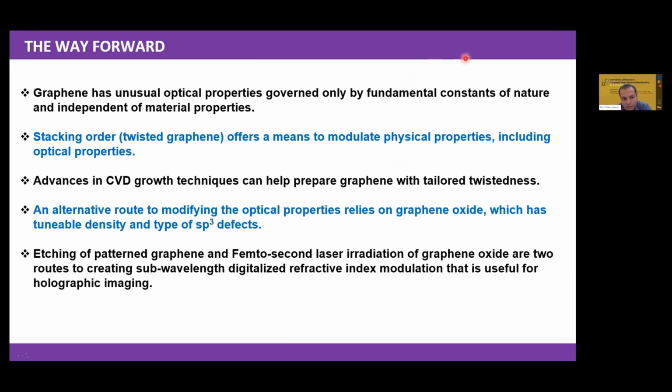In context of this conference, I would say that these are the main means by which the optical properties can be modified, but they can further be coupled with etching to obtain patterned graphene or femtosecond laser irradiation, which can create subwavelength structures whose refractive index can be modulated by using one of these possibilities, and that could be